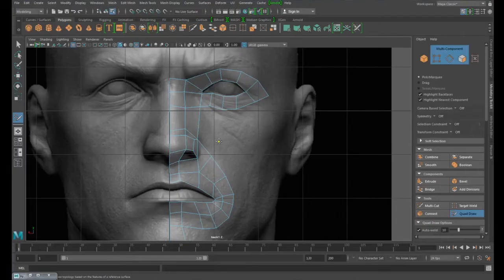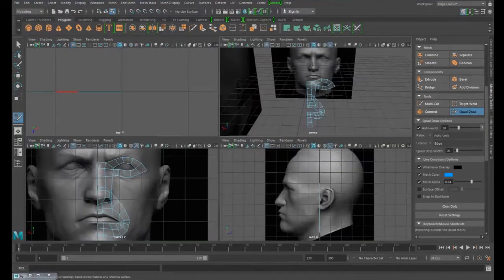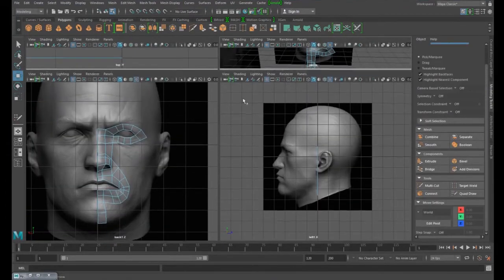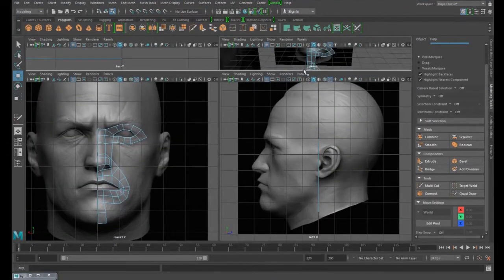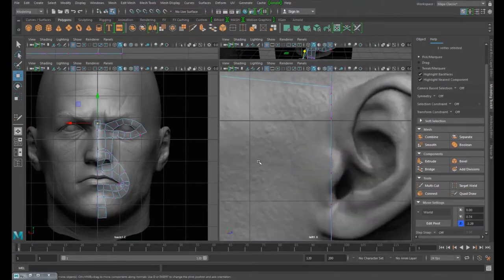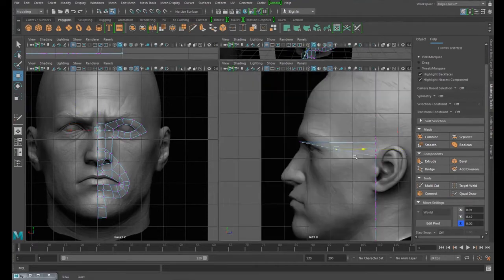Okay, if we start off the next part, if you hit spacebar, you'll go to the perspective view. You can see that it's quite flat right now, especially if you look at it from the side view. We're going to go into vertex mode and we're going to start moving these points now. So we're going to come out of quad draw, hit right click, hit vertex, select points, and we're going to move them from the middle line, for instance, to the